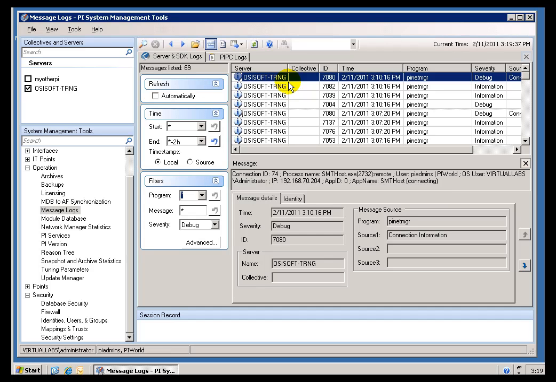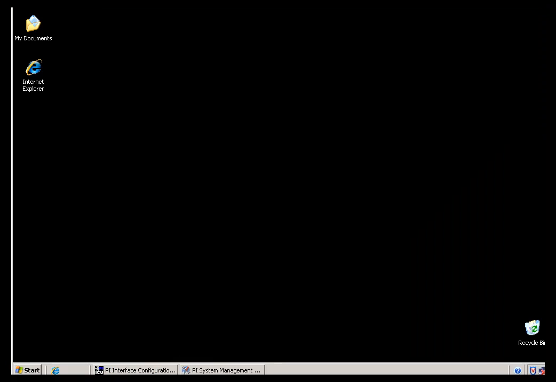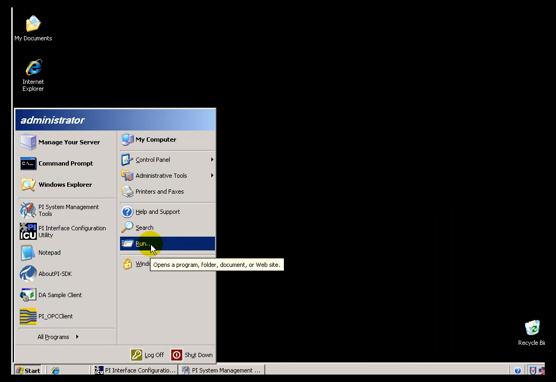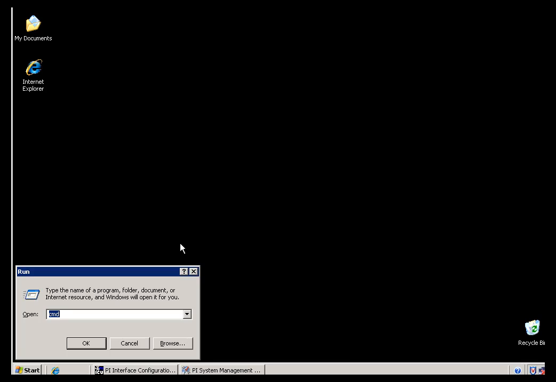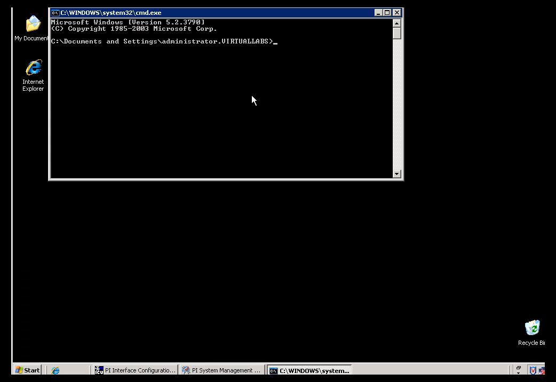Now, one last thing that might help explain what you see in those message logs is if you understand what the connection credentials are that we're receiving from that client. So let me show you a nice little utility on the interface node that you can run. So I'm in the interface node here. I'm going to just run the command prompt. I'm going to change to my